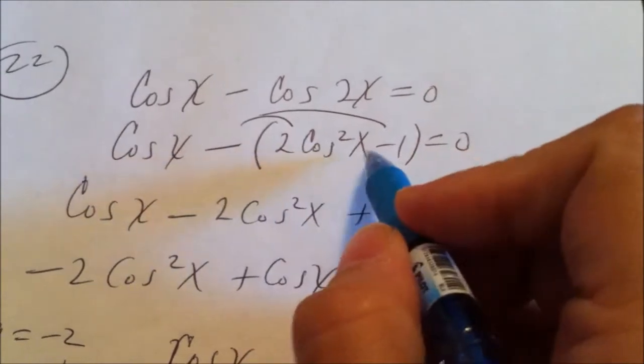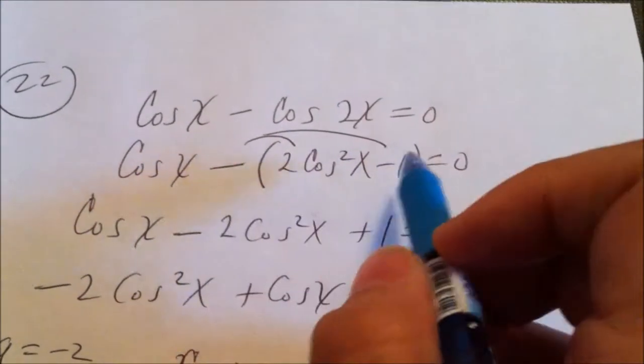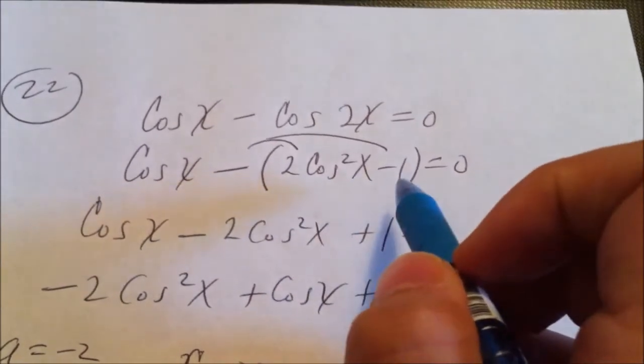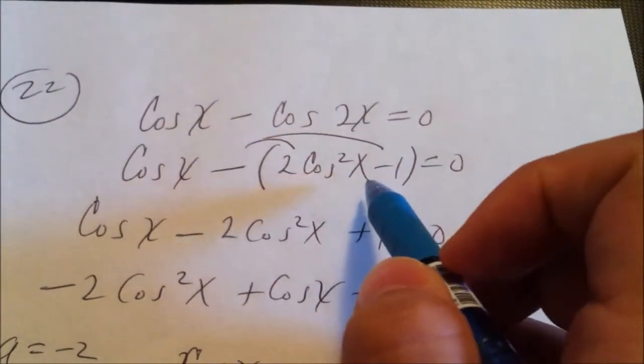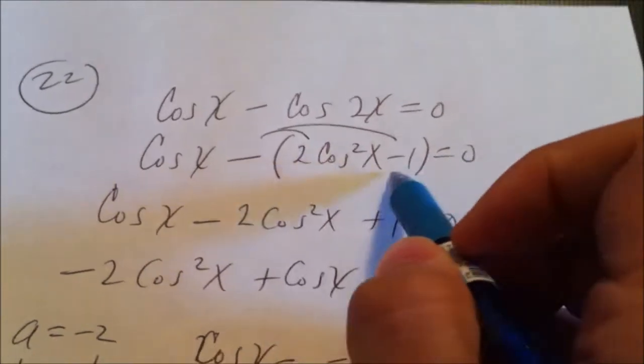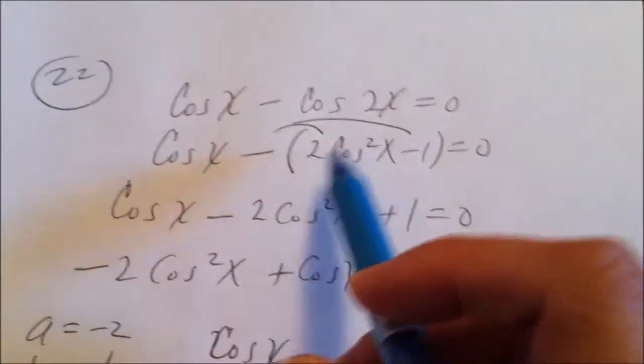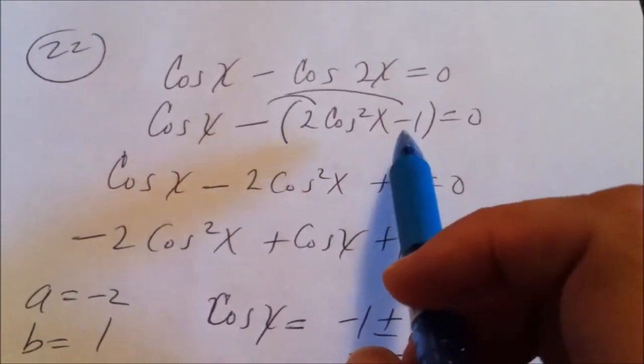I go to my reference sheet, and I pick up the one that's going to make my life easiest. I'm going to pick up the one that's all cosine, which is 2 cosine squared x. It says a, but since this is x, I'm going to put an x here, minus 1. I wouldn't pick the one with sine in it, and I wouldn't pick the one with both cos and sine in it, because in order to solve this quadratic, they all have to be in terms of the same trig